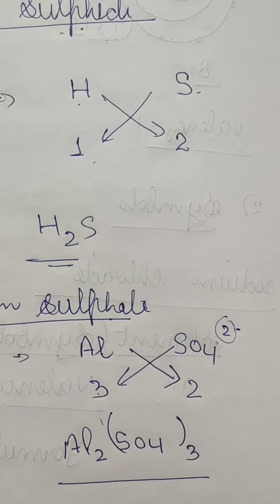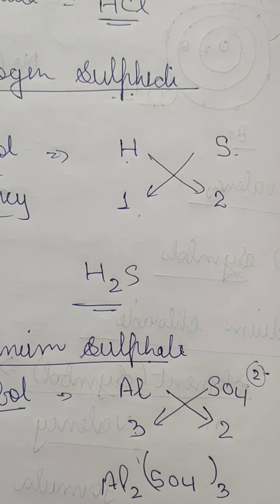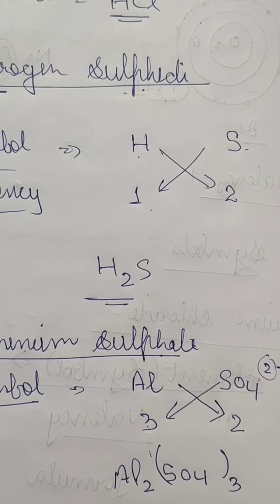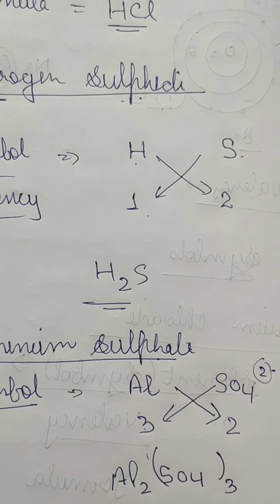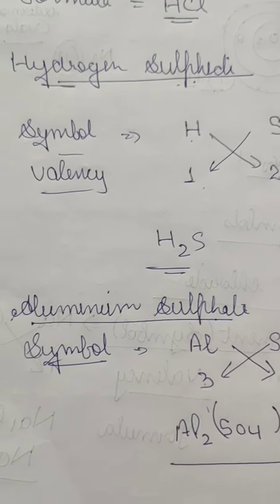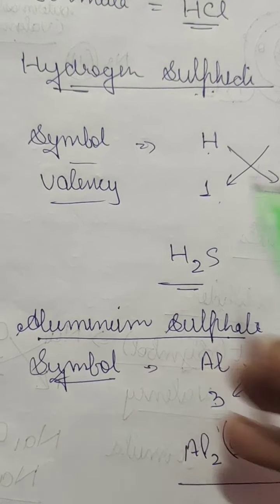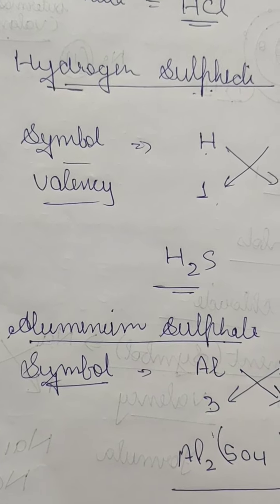I will be giving you some questions for homework, and in our next lecture we will again be doing the same formulas: how to write the chemical formula. That's very easy. I hope every one of you will understand it and will not find any problem while practicing. The main thing you have to remember is just the symbols of the elements, the valencies of the elements, or they can also be polyatomic ions. So you have to learn the polyatomic ions.